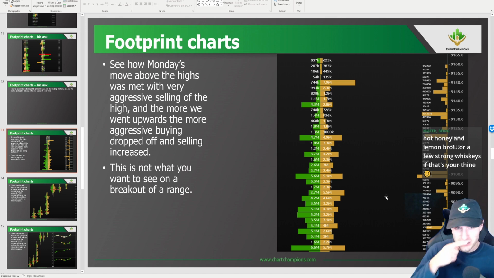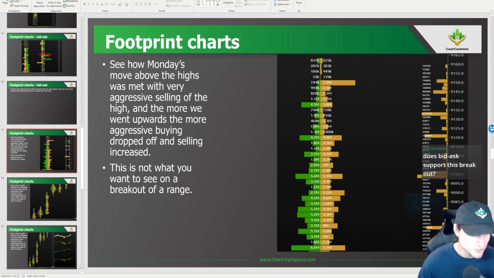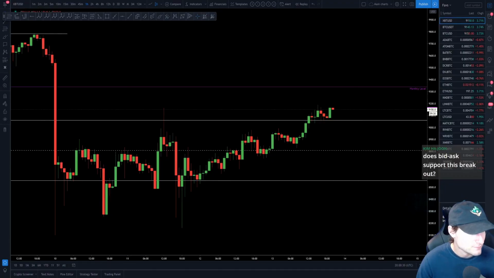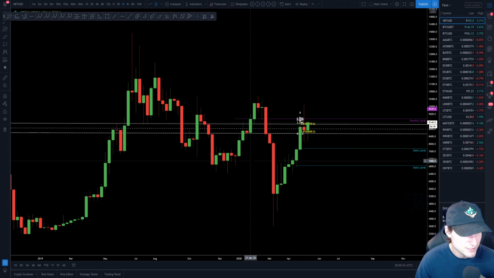But it's pretty hard, because what would we also need to be looking at in this example? We don't ever just look at the footprint chart on its own. You do really want to be looking at this with open interest, with volume, and obviously you can see the delta statistics. You really want to be looking at your open interest on these rises, your net longs, net shorts, and your open interest. Really key. And also be aware of the levels that you're running into, because as we know, the first time we hit this level,